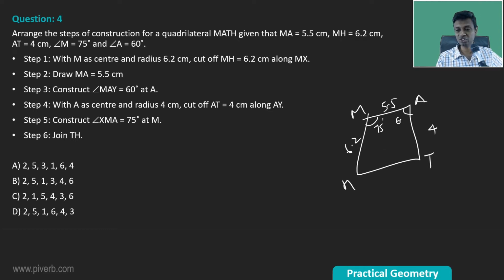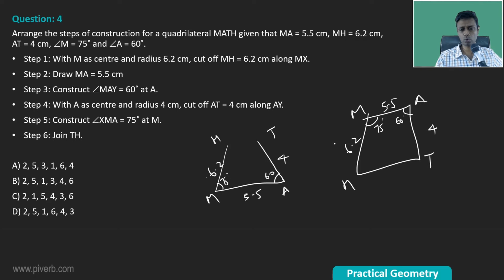Angle A is 60. And so it is actually a shape where angle M and A are 75 and 60. M, A, T, H. MA is 5.5, MH is 6.2, AT is 4. And so how will we draw this? We'll break this as